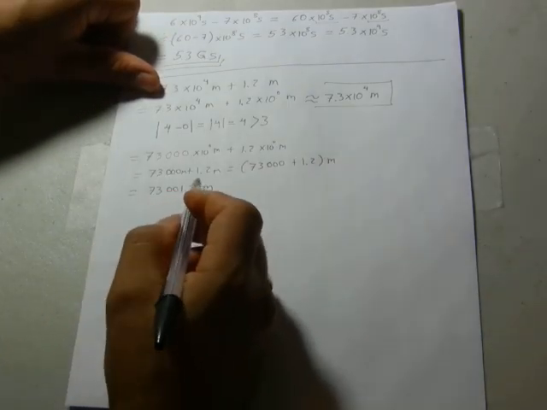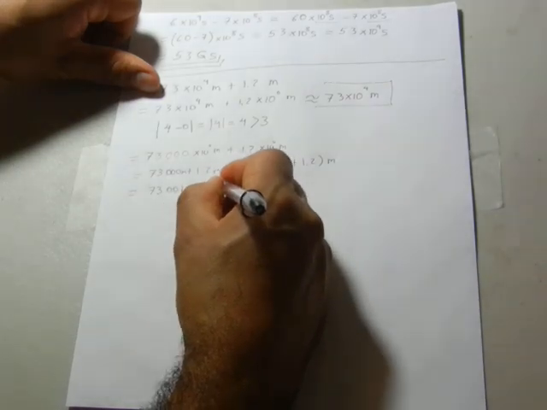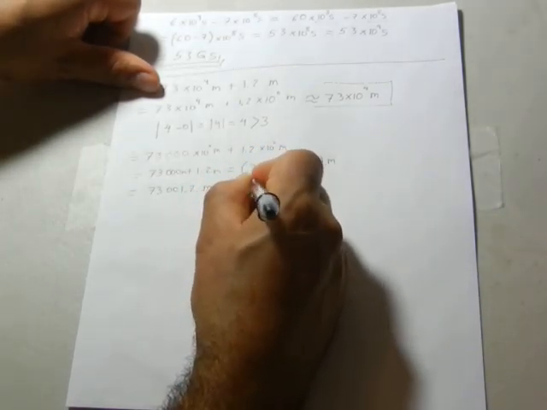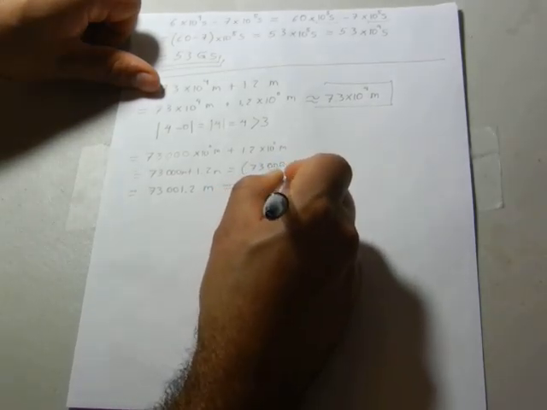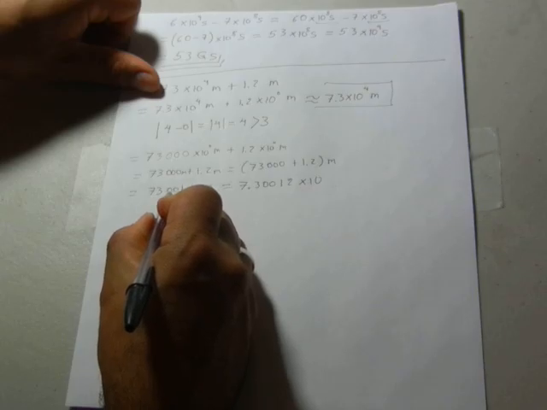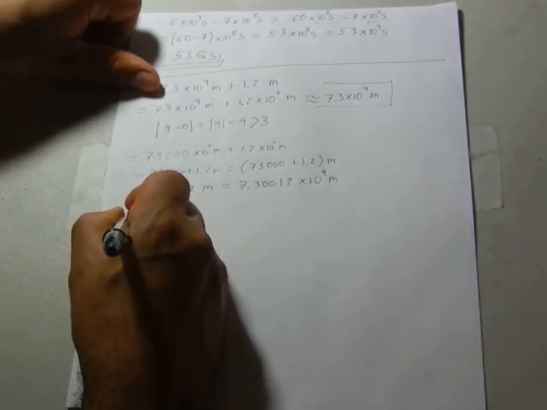So you see, it doesn't make too much sense. This is when we start to simplify: 7.30012 times 10 to the 4 meters, and we express usually